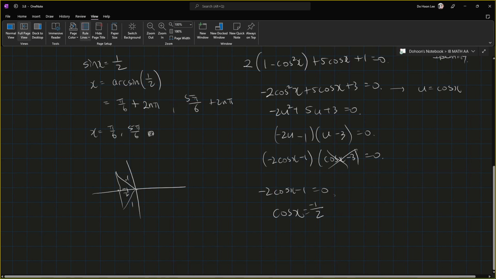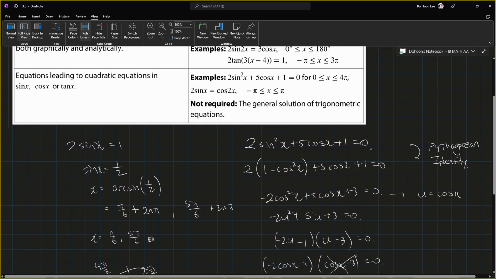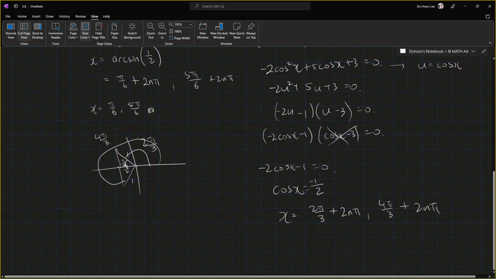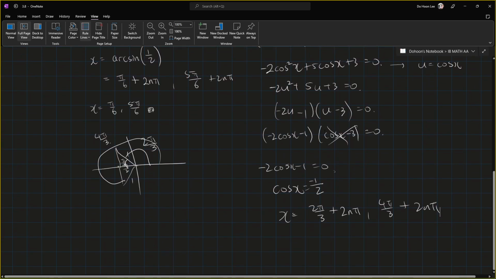Well, we know that this is also a special triangle where this small angle is pi over 3. That means one of the angles should be 2 pi over 3, from the fact that pi minus pi over 3 is 2 pi over 3, and all the way around the angle should be 4 pi over 3. So we can conclude that x equals 2 pi over 3 plus 2n pi, 4 pi over 3 plus 2n pi. And the question wants our answer to be between 0 and 4 pi. So we know that 4 pi means 2 rotations. So I can conclude that x equals 2 pi over 3,